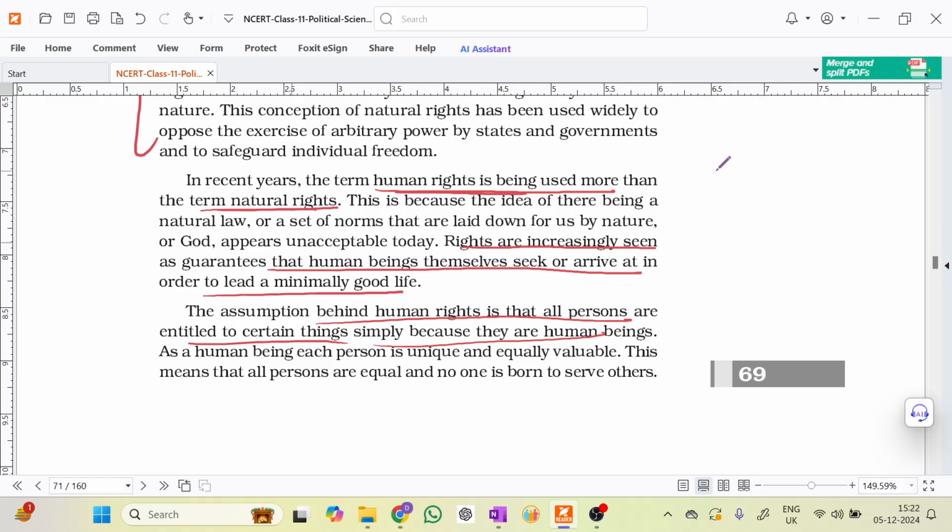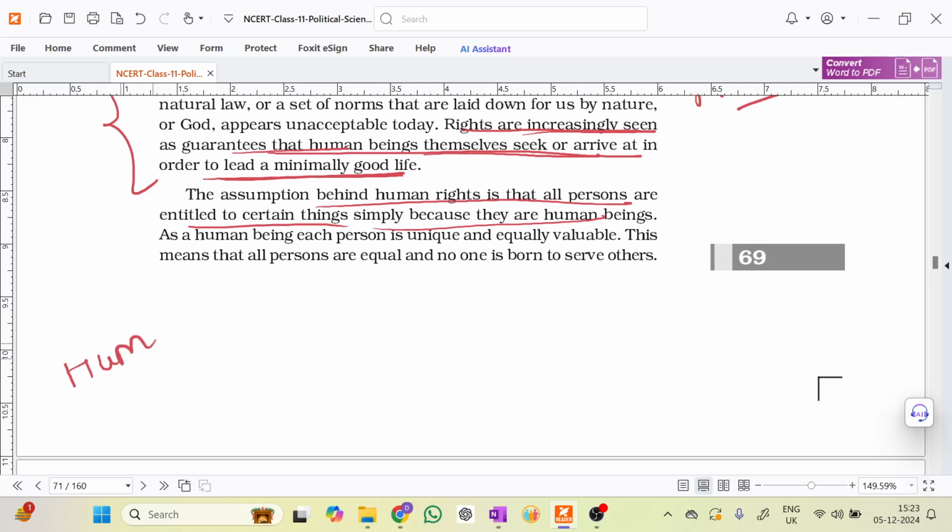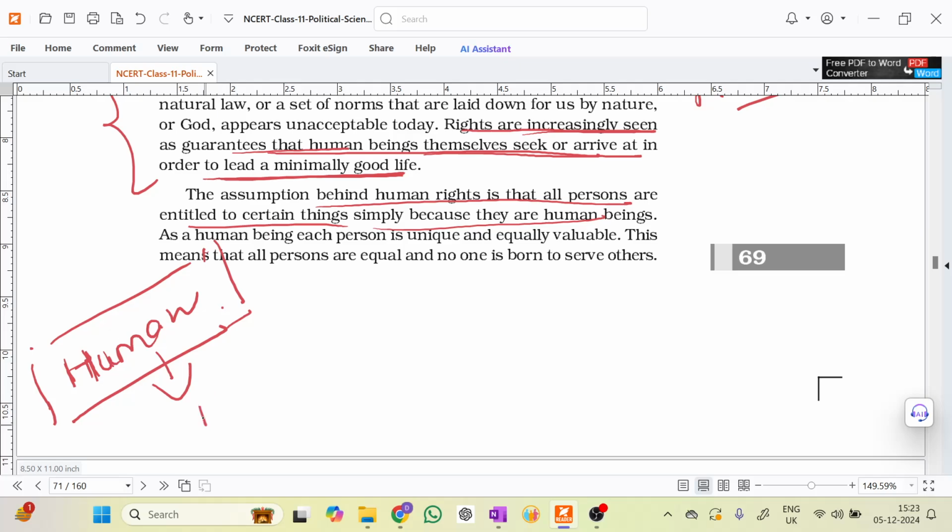And human rights are rights that are entitled to people just because they are human. These rights are increasingly seen as guarantees that human beings themselves seek or arrive at in order to live a minimally good life. In short, some rights are inherent or innate with our birth, which are called human rights. So if we are born as human, we are entitled to some rights,